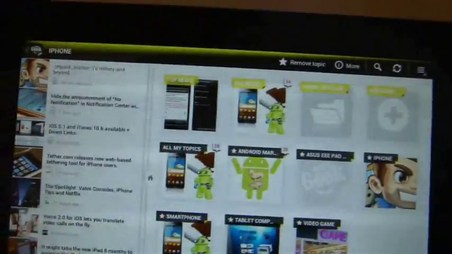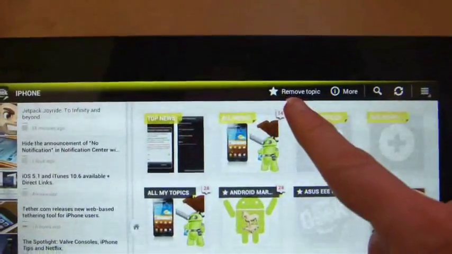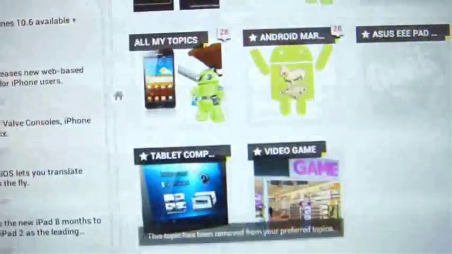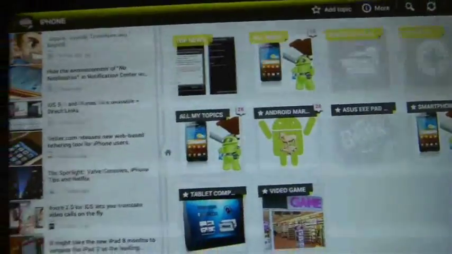At any time, if you are bored with a topic, you can simply remove the star to remove a topic. That will remove iPhone. So it's asking me now if I want to remove iPhone from my preferred topics. Yes, I do. So that should disappear. And then, if we just go to the home screen,